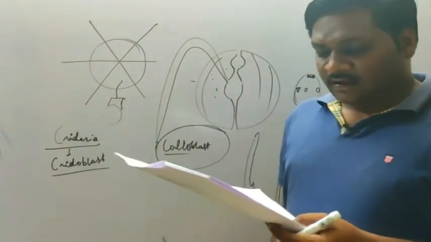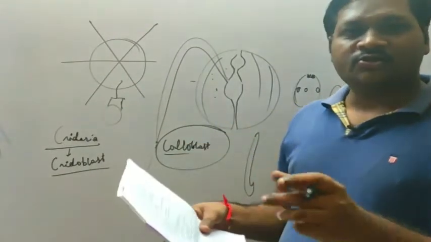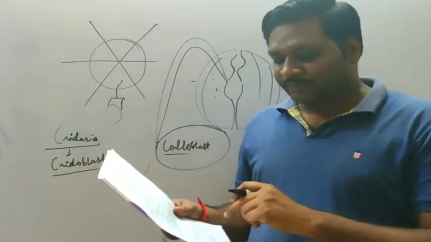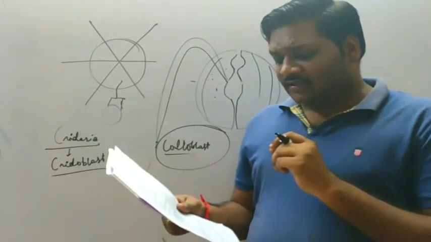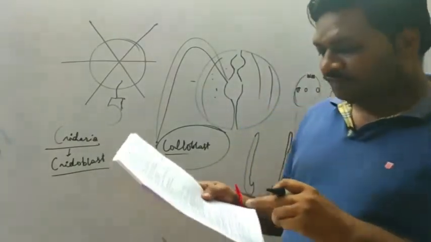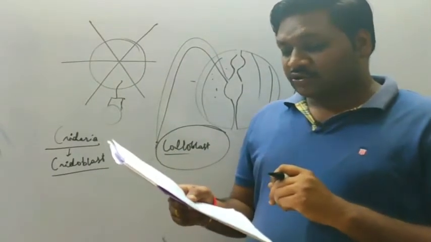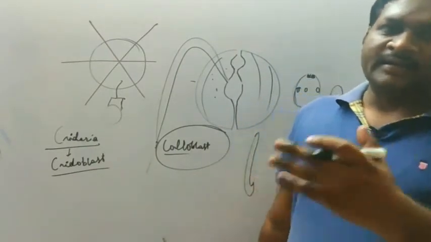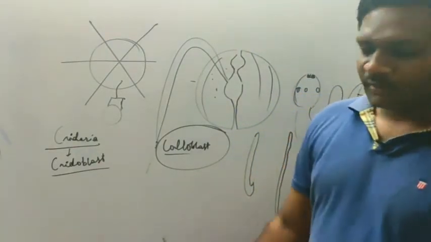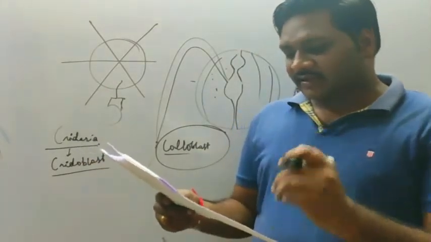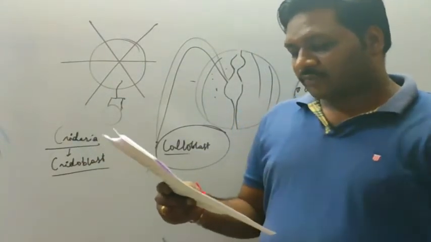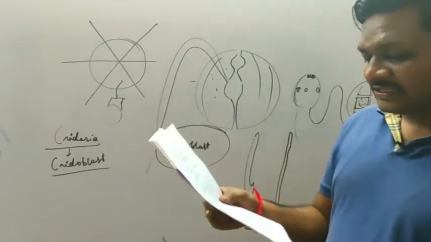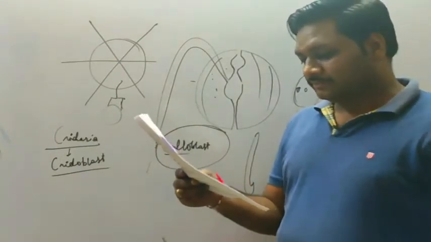If you look at the general characters of the annelids, that is earthworm, you can see a closed circulatory system present in them. Then they possess longitudinal, I think also circular muscles. They are metamerically segmented, triploblastic and coelomate, and the body is segmented. Around 100 to 120 segments are present. So these three are correct, and the fourth option, all are monoecious and reproduction is sexual, is incorrect.